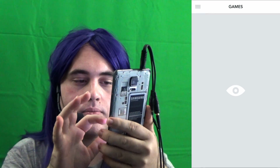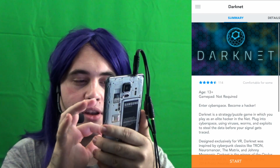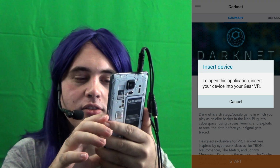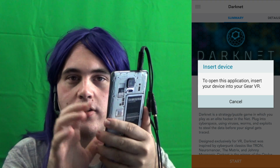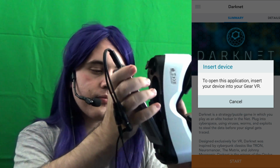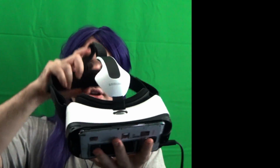I forgot to show you that we can actually launch applications from here. So I'm going to go to Darknet. I'm going to hit Start. It says to open this application, insert your device into the Gear VR. While this window is up, we are just going to insert it, snap it in, put it on my head,